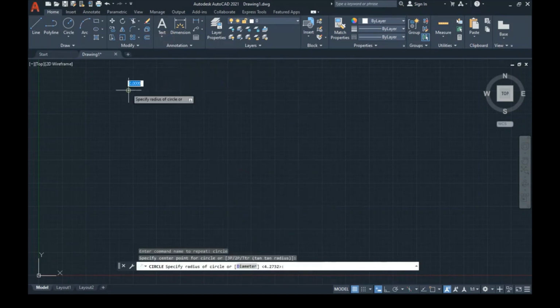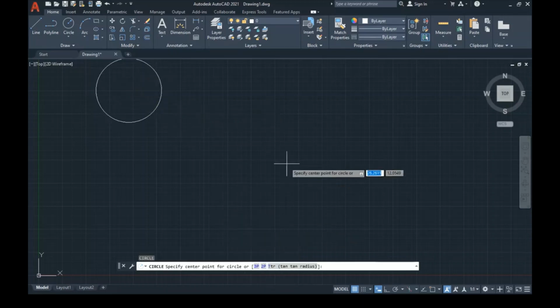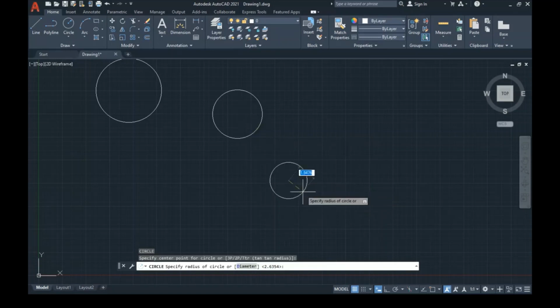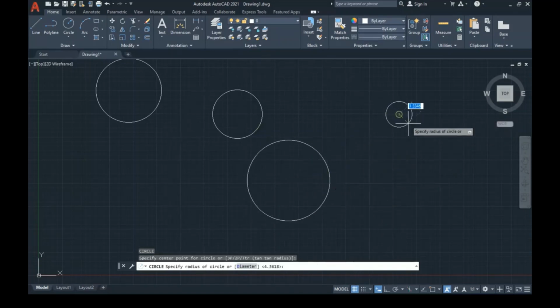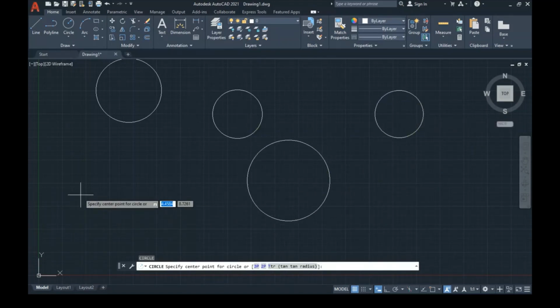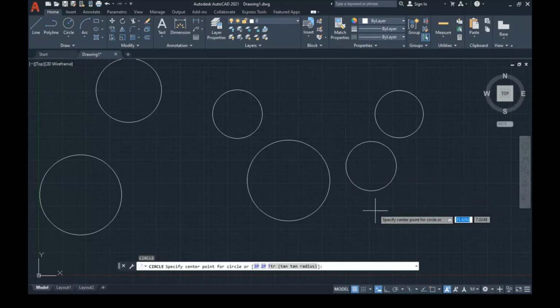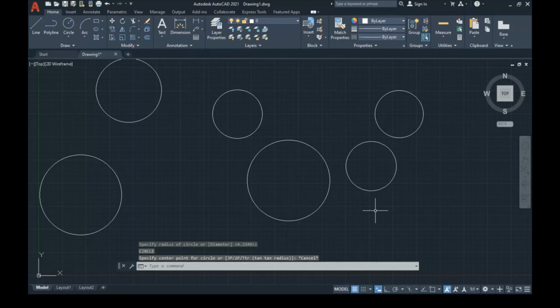Now when I make a circle, one circle is made. Now it's giving me the circle command again. Two circles made. So now I don't have to write the circle command again. It's like the multiple command will keep doing it for me. If you want to stop it, just press escape. So when we need to repeat a command multiple times, you can start with multiple, and you will be able to repeat the same command with the help of multiple.